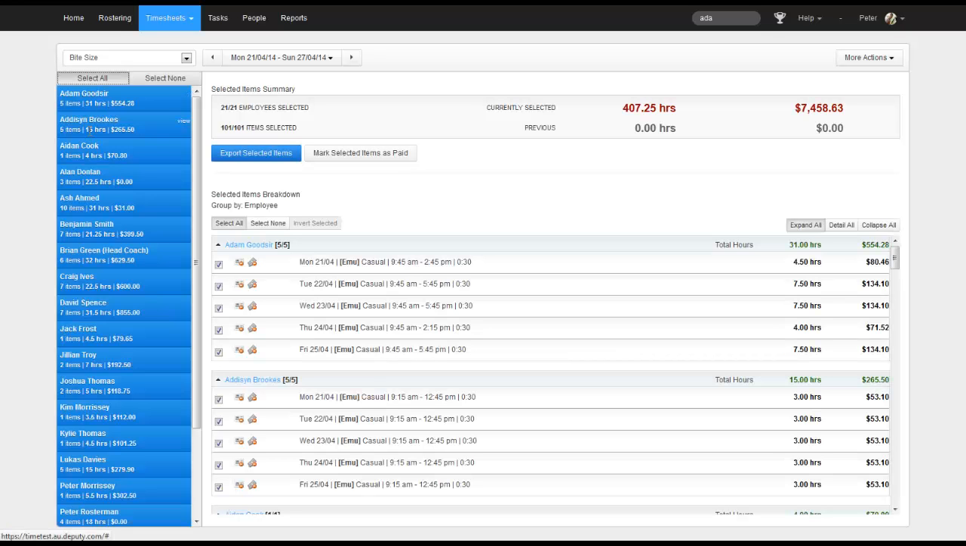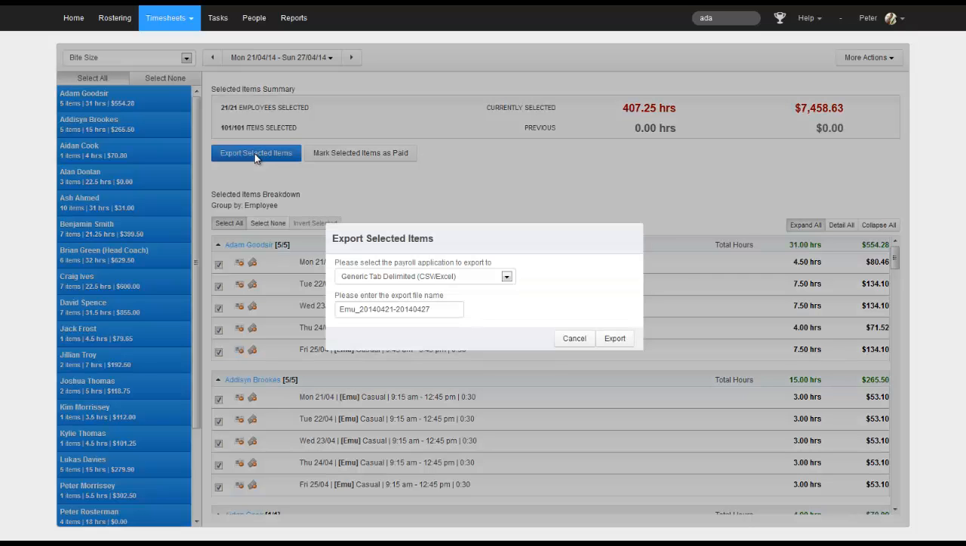I'll select all, and as soon as I select all, here's all the timesheets that have been approved this week by managers. I can see 400 hours, $7,500 of wages. I can go down and look at the individual employees down here, one day at a time. I can see the total hours, total dollars for each employee. If I'm happy with what I'm looking at on the screen, I can export these items out to a CSV